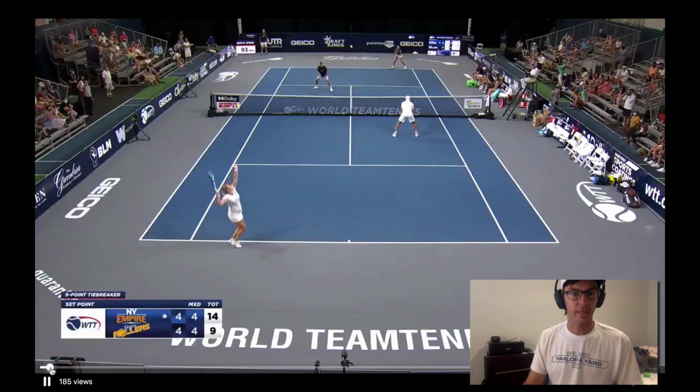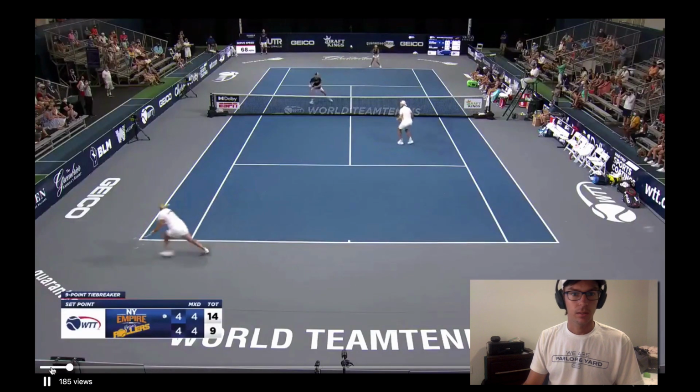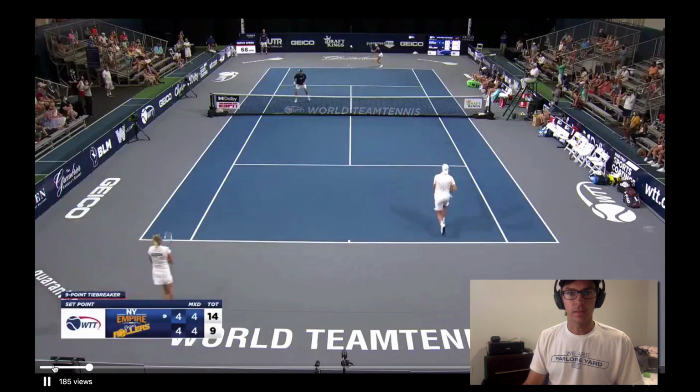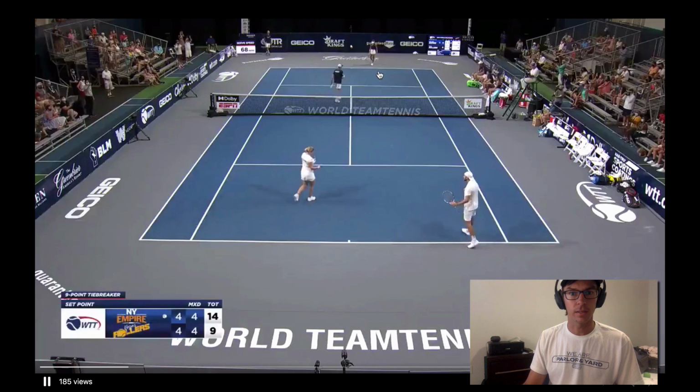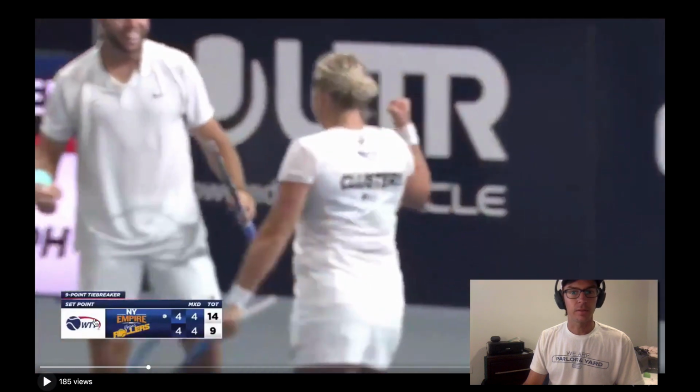So I'll play that back again real quick. You can see great defense there. This lands way too short in the doubles court, and the Bryan brother is not covering the line there. So I'd never say cover the line. I think it's almost always a bad idea, but in this case, it might not be a bad idea because that inside-in forehand is such a big weapon and such a difficult